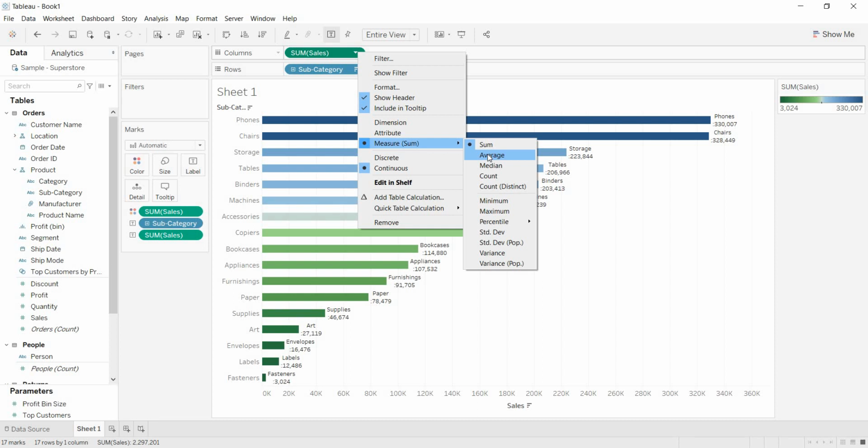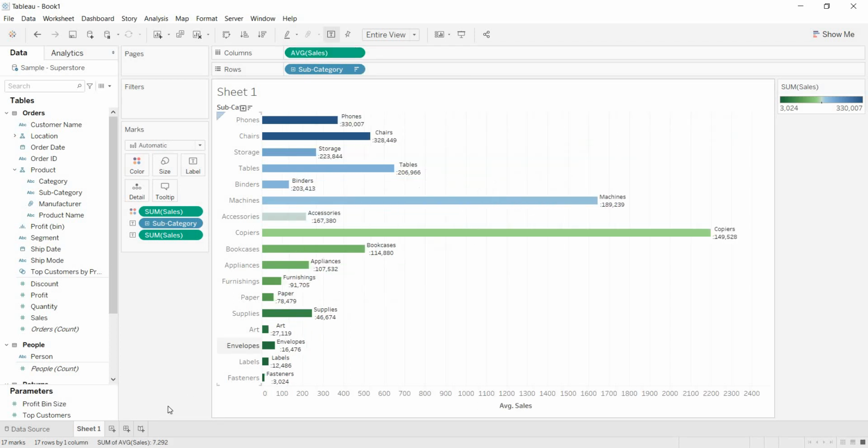This option is available. But throughout this workbook, whenever you take sales, if you need to get average of sales only, that means the default aggregation should be average only. If the requirement is that, then go to your metric. See, as I've changed sales to average here, let me change to profit.